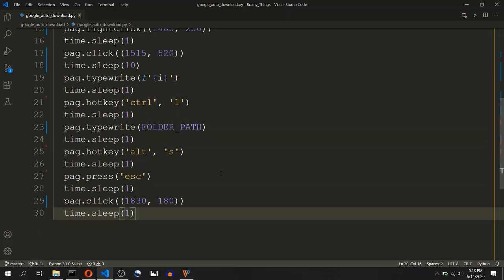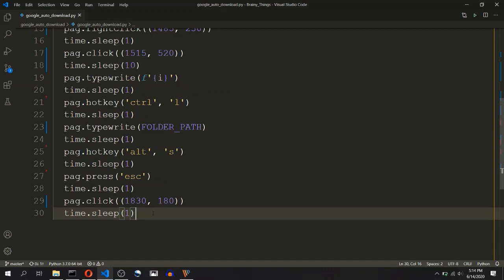I hope you enjoyed the time lapse. The time this program took to download 50 images was almost 11 minutes. It may not be the fastest thing to download images, but it surely is automated. This is also safer, as search engines like Google don't allow bots to scrape data from their website.